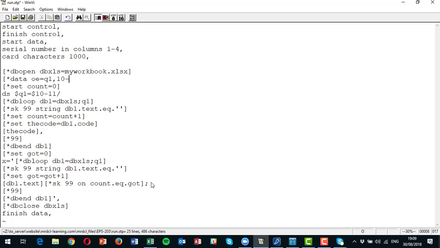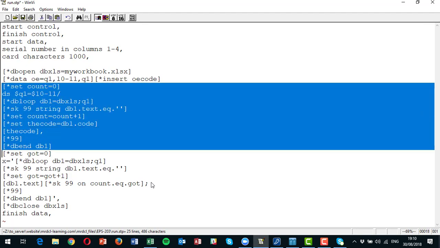It comes from the field 10 to 11, and it's going to take the texts from the worksheet called Q1 as well. If it was always going to be the same name, I wouldn't need to repeat the Q1. Now what I can do is I can say insert OE code,